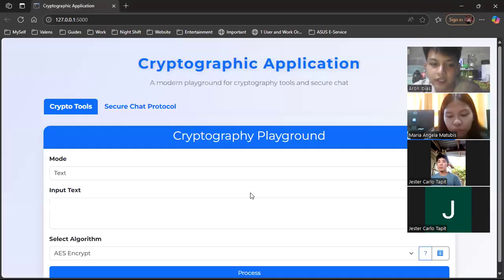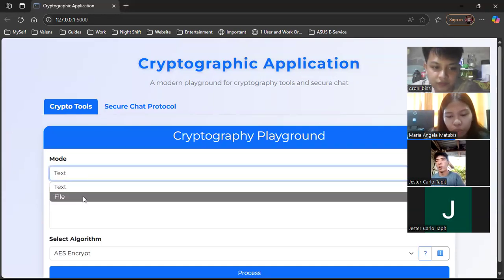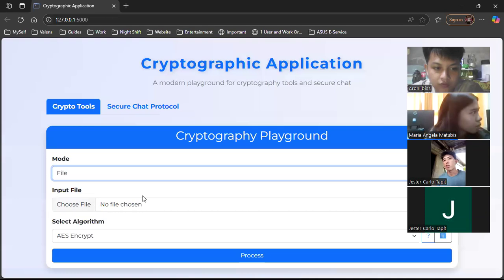So now Jester will present on how to use this cryptographic application. In our cryptographic application, there are two modes that you can use, the crypto tools and the secure chat protocol. We will focus on the crypto tools.